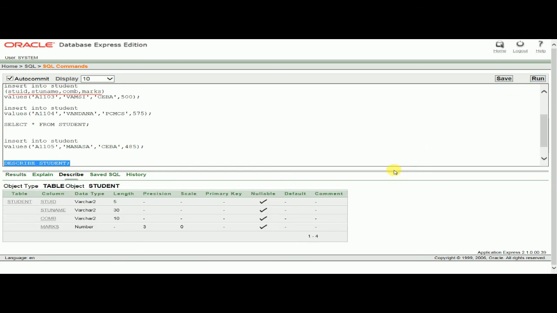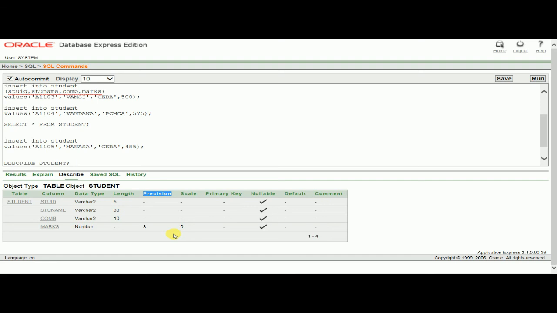I'll get this structure. When I created the table, at the end: student ID varchar2, student name varchar2, combination, marks and all. This is the structure. In the observation, you have to copy this. The table is the name of the object. Our table name is student, and these are the columns. You have to copy up to length; you need not copy up to precision. You have to copy column name, data type, length and precision, because precision is nothing but the number here. Now we have number 3.